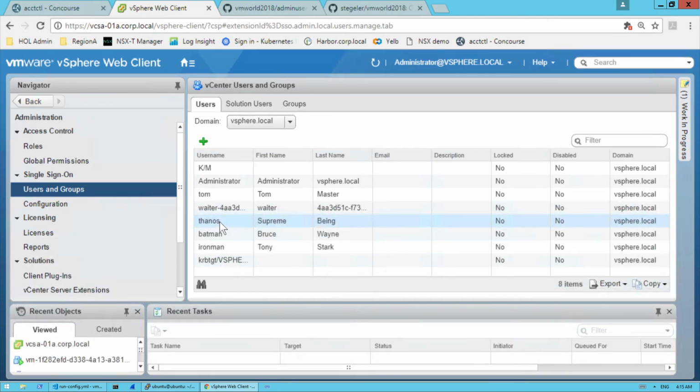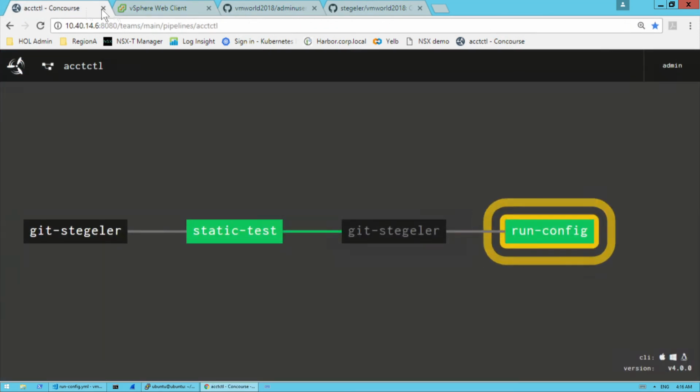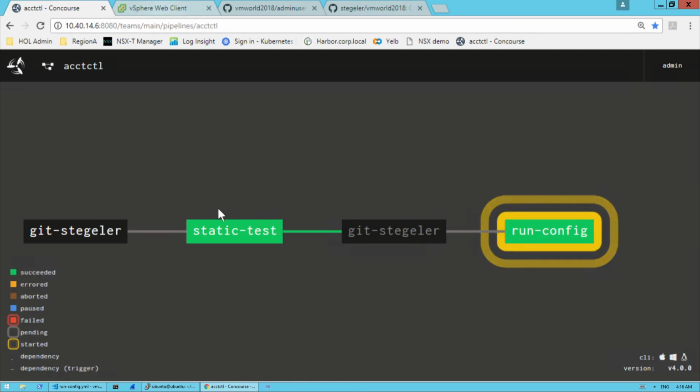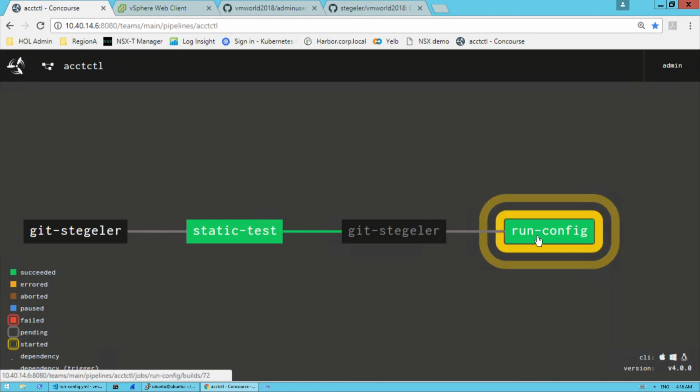There we go. So we can see this is still left over. It hasn't completed yet. There's the bad guy Thanos, and it's got some other ones in there as well. So if I refresh here. Still running. Could probably go take a look at the running config here, and you can kind of see the activity that's